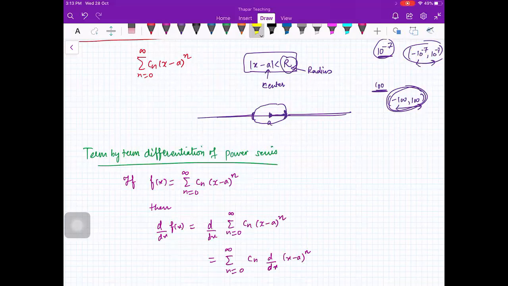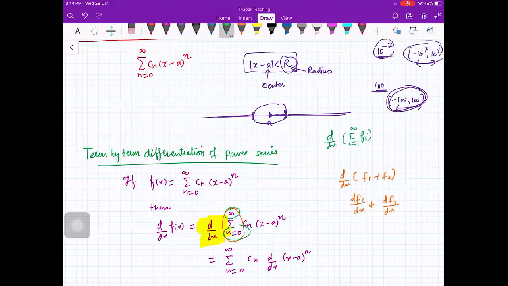So here we are saying that you can take the derivative sign inside this summation sign. Let me clarify that for two functions you can always write the derivative of the first function plus the derivative of the second function. This you always do, but when there are infinite number of functions, for example dy by dx of the summation i from 1 to infinity of fi, then it is not necessary that I can take the derivative inside. I will not give you examples here because that is out of context.